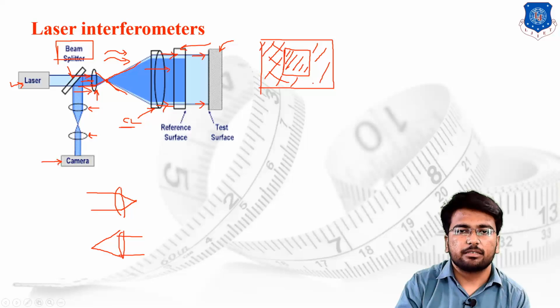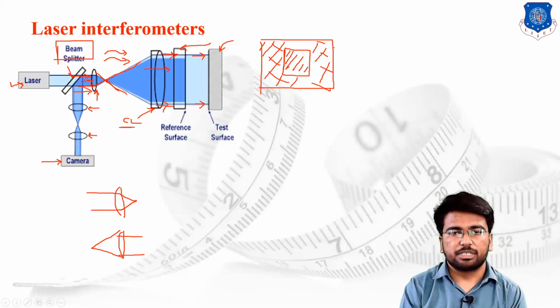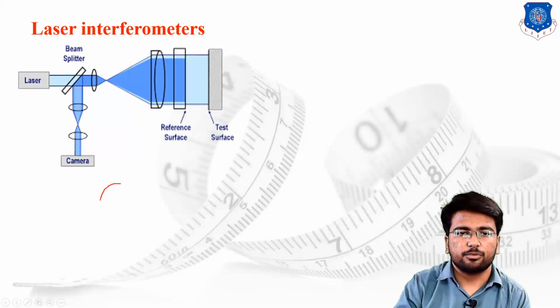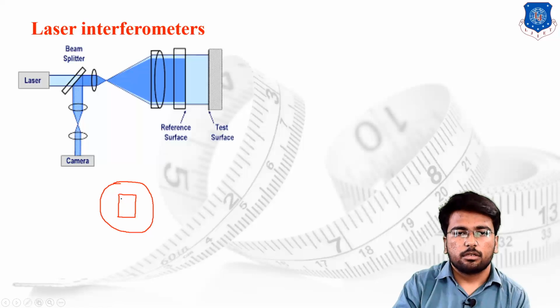The behind side, the cross hatch, will show the workpiece which we are going to check for testing, and the front side will show the reference surface. From the camera we are supposed to find such a reading. Suppose we are discussing a case of reading. Suppose I find this particular image from the camera lens, then what does it show? Suppose in this particular square we find this kind of lines, and on the back side we find such kind of lines.